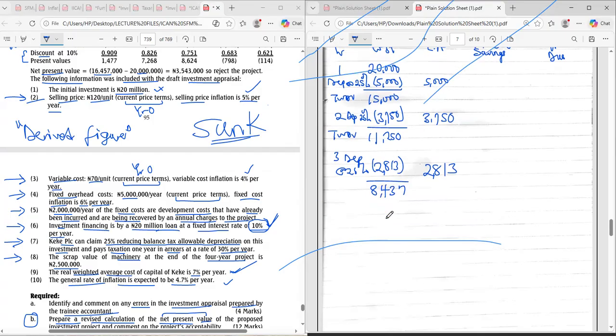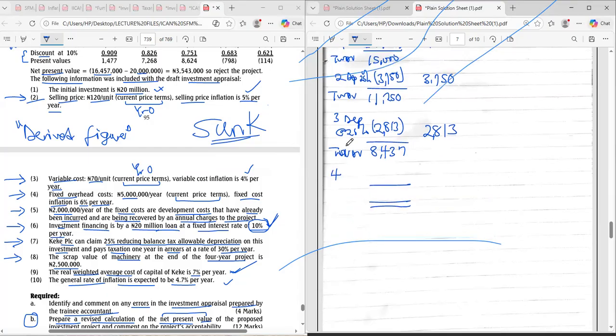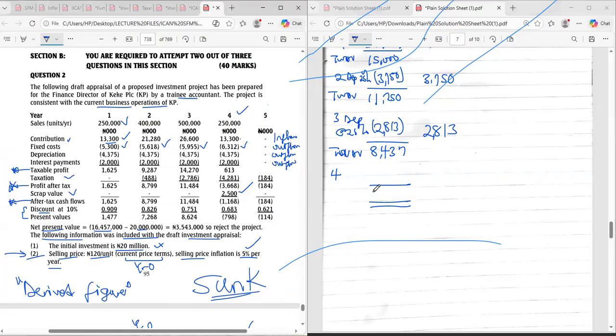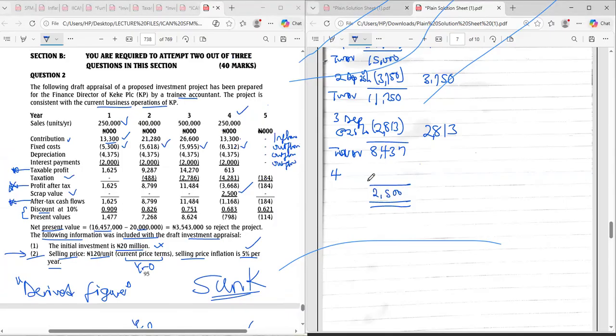8,437. All right, these are tax written-down value. I mean, what you call net book value. It's the same thing. How many years is this project? 4 years. What did I tell you at the end of year 4? Good. So now we are in the 4th year. In the 4th year, forget about that depreciation at 25%. How much did we sell the assets? 2,500,000. So if the asset is worth 8,437 and you sold it for 2,500, what does that mean?